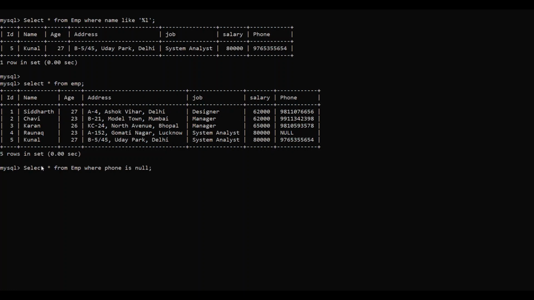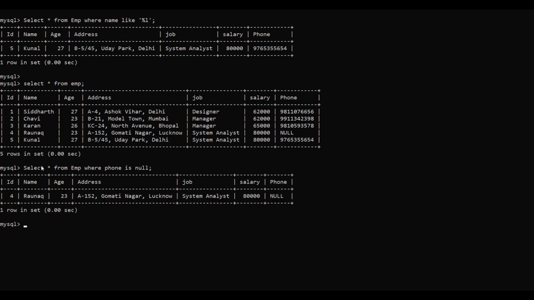They are always checked with the is keyword. So I said select star from EMP where phone is null. This will give me all the records from my table where phone column is having null values, or you can say where the phone number is not specified, is not entered at the time of data entry.